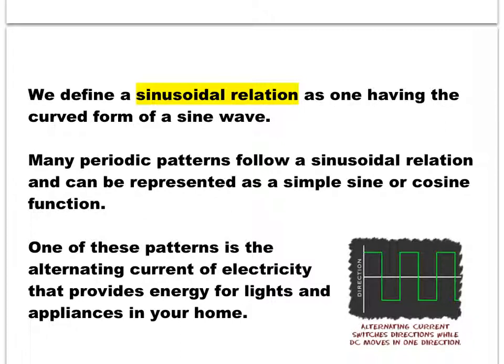Now, one of the main properties of these graphs is that they are periodic. They look periodic, okay? And they can be represented as a simple sine or a transformed sine and cosine or a combination of sine and cosine together. Now, just to give you an example, when you take physics in grade 12 or even in university,